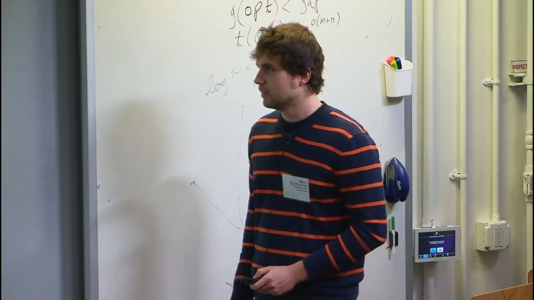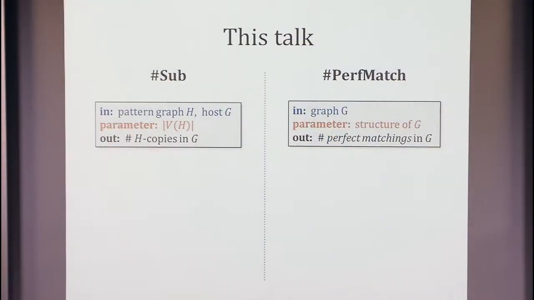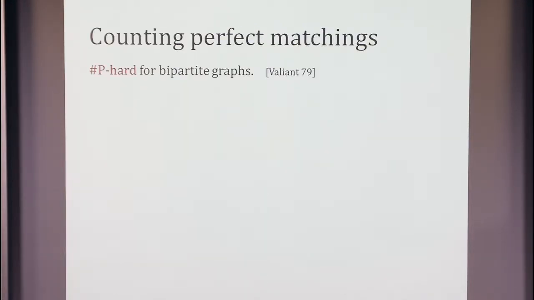So this is the second part of this talk, where we will consider counting perfect matchings by structural parameters. Let me just recap from last time what we know about this problem. It was shown by Valiant that counting perfect matchings is #P-hard, even on bipartite graphs. And I mentioned before that this holds even if the maximum degree of your graph is bounded by 3. So in other words,